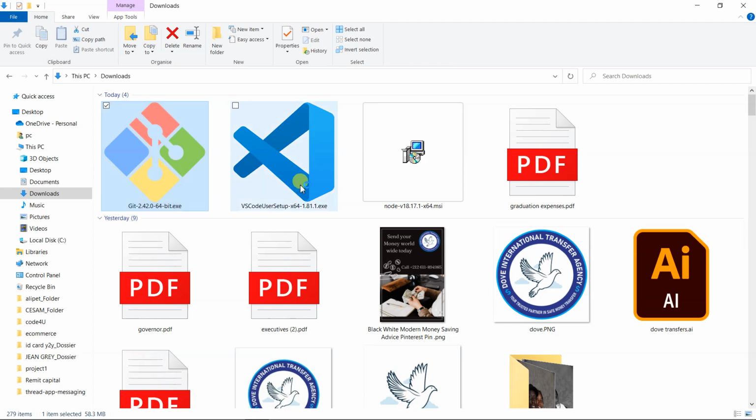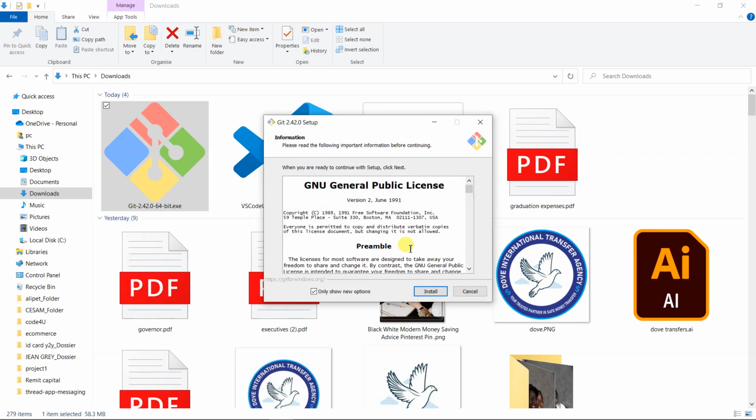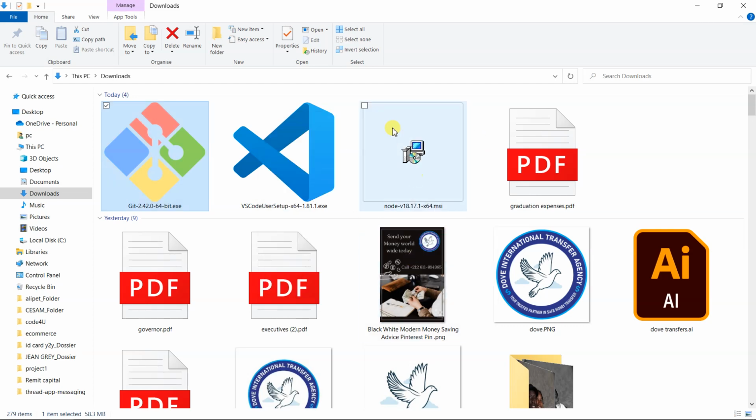Just double click. You click like this, yes. The same thing here, don't touch anything. It's recommended directly. You just install and wait for every instruction that follows. Just go with the ones that are selected for you. Okay,